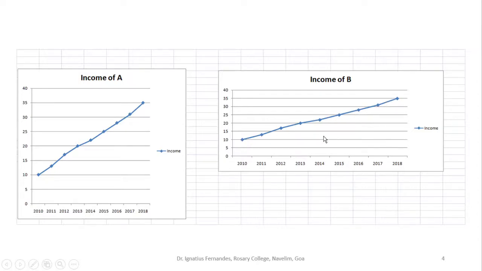Okay, if you look at the slope, will you say that the increase of A is higher than the increase of B? It looks like that because of the way I have drawn the graphs, but actually both graphs are the same. They use the same data points that I created, except that in the case of the income of A, the x-axis is smaller, whereas in the income of B, the x-axis is bigger. So because I'm changing the size of the x-axis, they give me a different meaning.